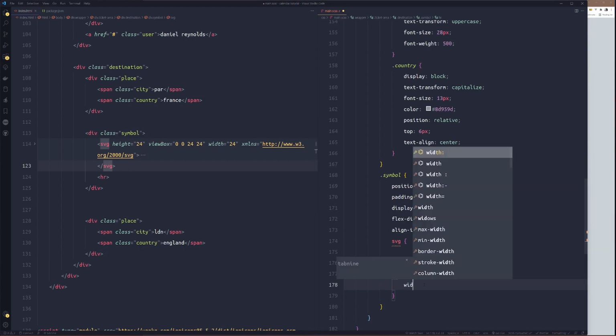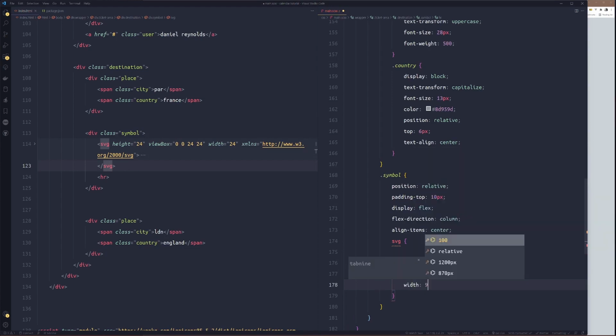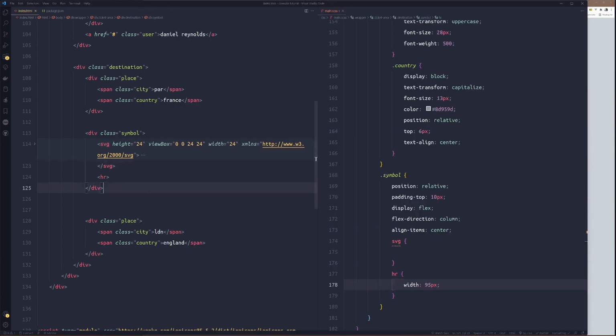Okay. Now for the H arrow, we'll set the width to 95 pixel. Okay.